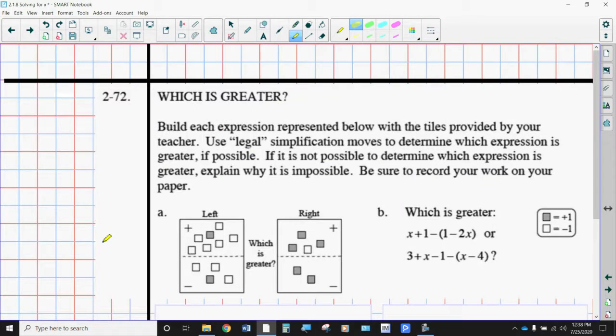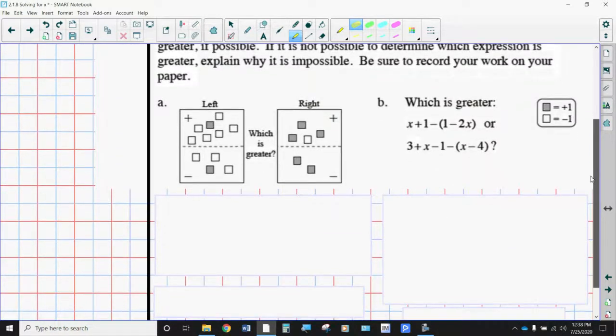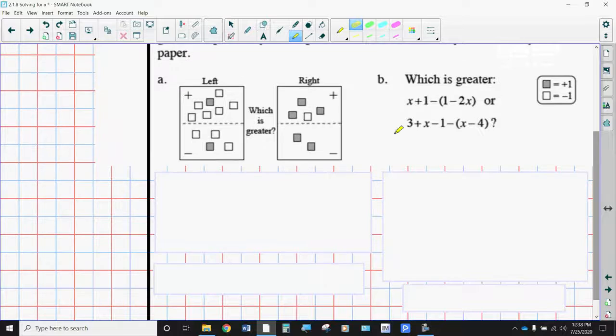All right, so let's begin. Which side is greater? This is the review. This is what we've been working on so far. But I'm going to start having us get away from using the models and see if we can just solve these